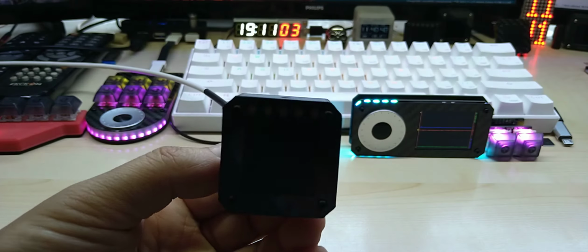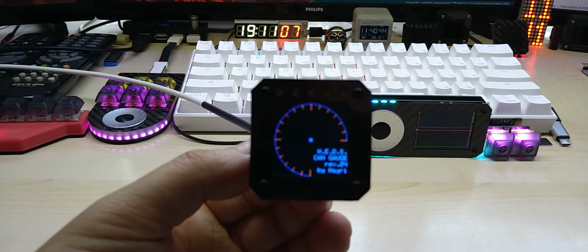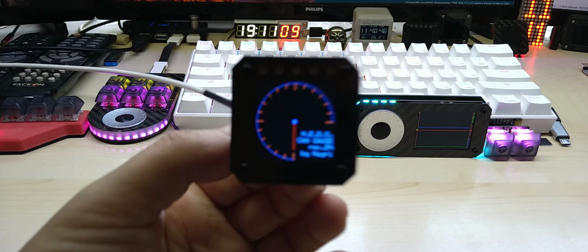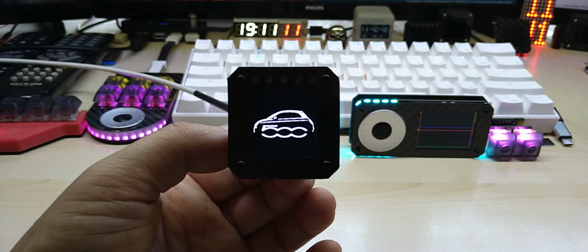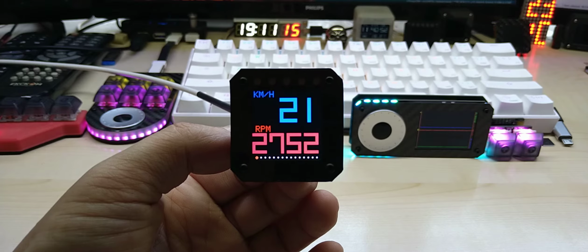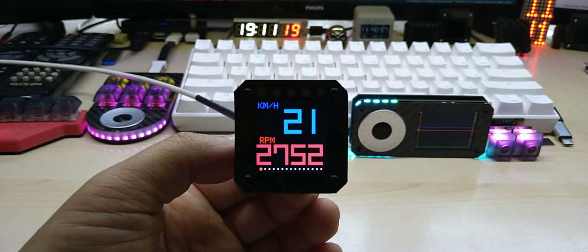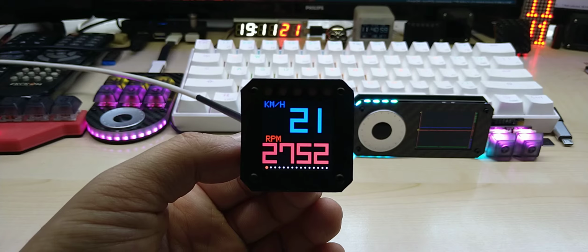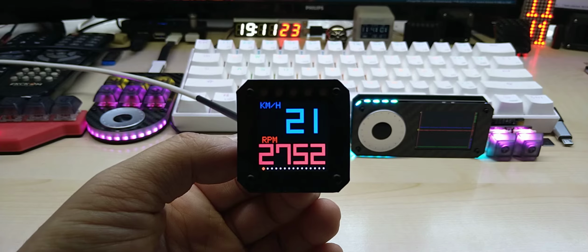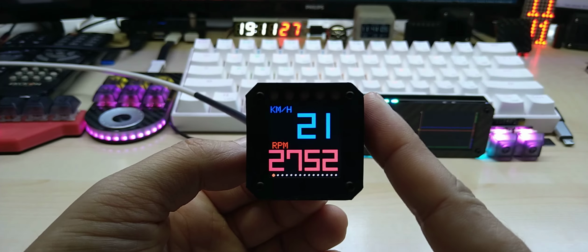So let me start it up and show it to you. First you get the startup animation. Sorry about the blurry picture. And then I made a small logo for my customer. That's actually a Fiat Abarth 500. It's a small cute car. So anyway, this is his first screen, and then